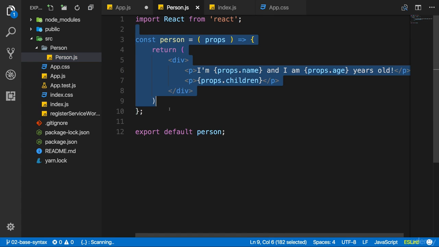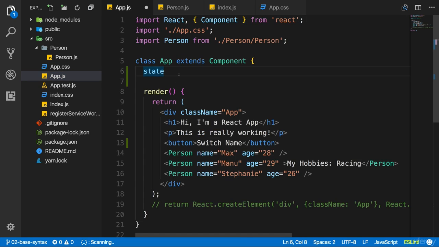Still, you should use function components as often as possible because you should use state with care. Because having state in all your components and manipulating it from anywhere in your app makes your app quickly unpredictable and hard to manage, especially as it grows. Of course, it doesn't mean you shouldn't use it at all though. Here it makes perfect sense.